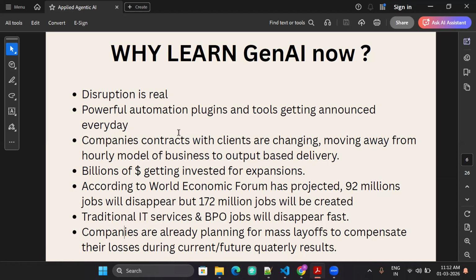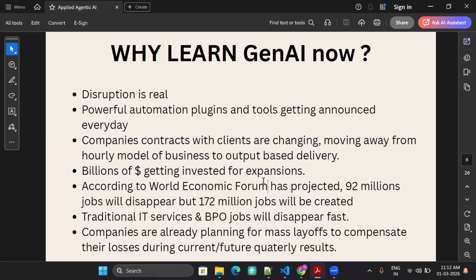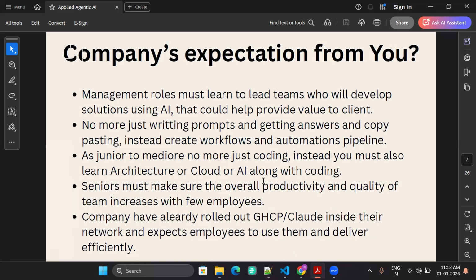But by the time that happens, it will be already 6 to 9 months from now, and at that time people will not know why they are firing. It will be in the mainstream news, and at that time people will try to look for a reason. But the reason is the contract negotiations that are happening now. So no matter which company you're working in, this is what is going to happen.